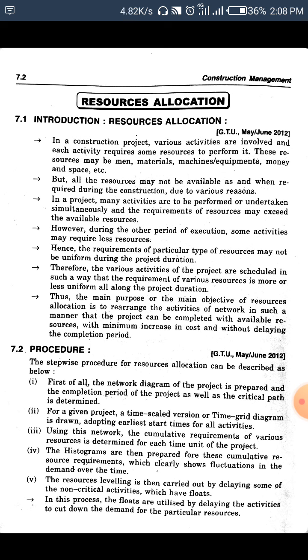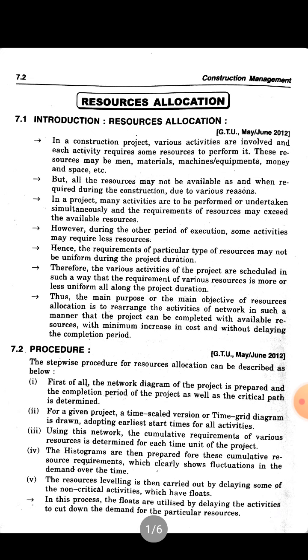For a given project, a time scale version or time grid diagram is drawn adopting the earliest starting time for all the activities, and then using this network the cumulative requirement of the various resources is determined for each time unit of the project, and the histograms are then prepared